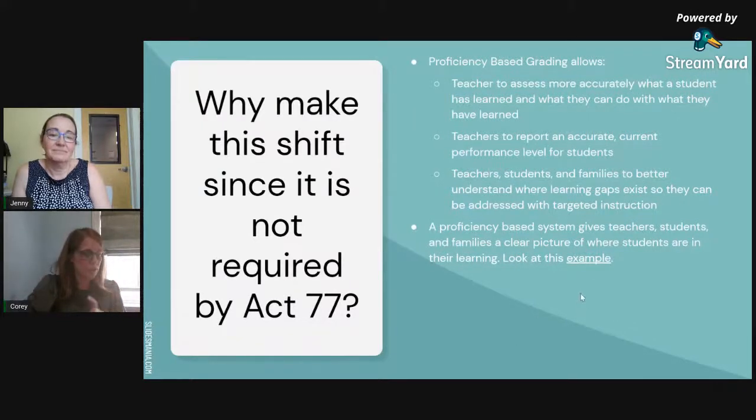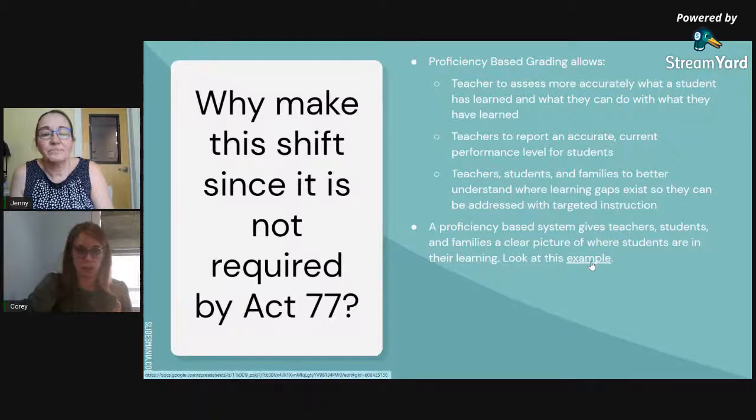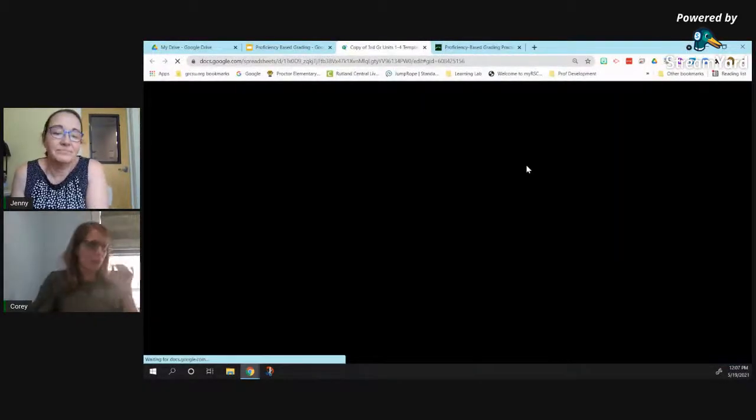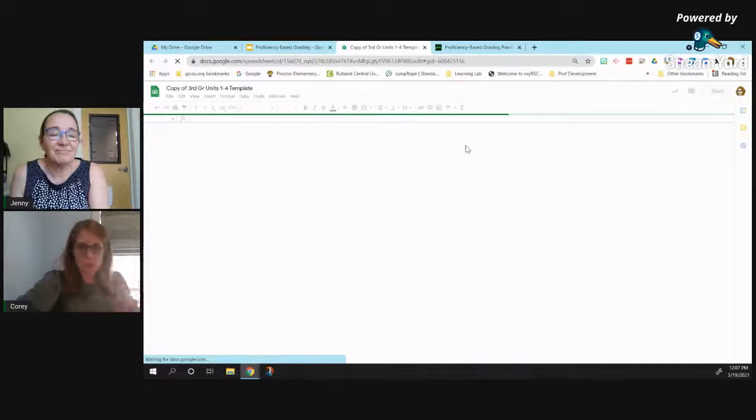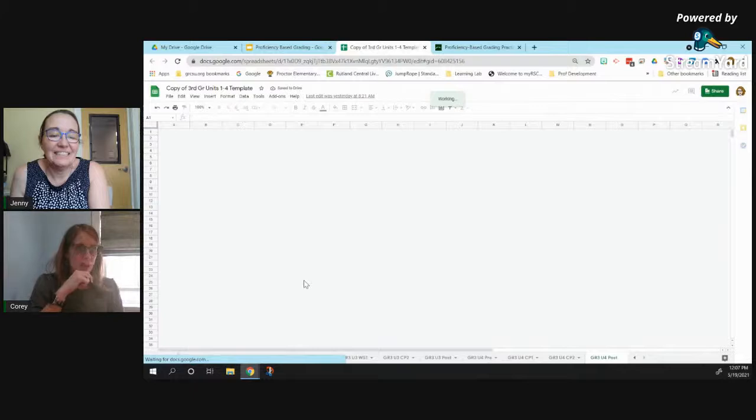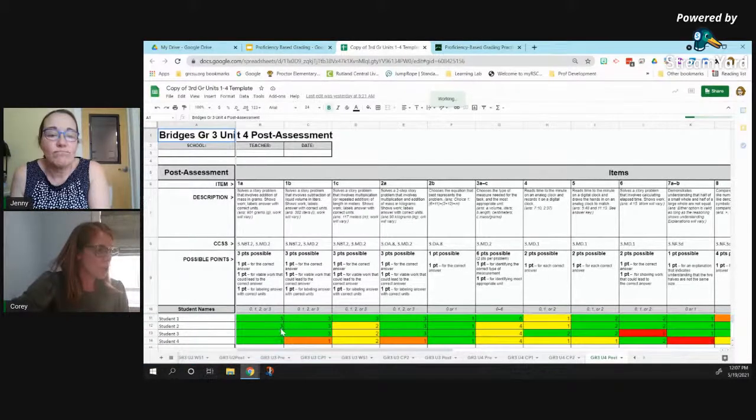And so what I've done is I have pulled up an example for you. And this is one from my own teaching practice. There are no student names, but this is real data from former students of mine. We use the Bridges math program. And so what Bridges has done, they've done some of the work for us, which is really nice, in that they've created these spreadsheets where they break out each problem, and they've got it coded, so you enter how many points the student got, and according to their algorithm, it tells you how the student did on the problem. They also let you know what standards that problem was assessing.